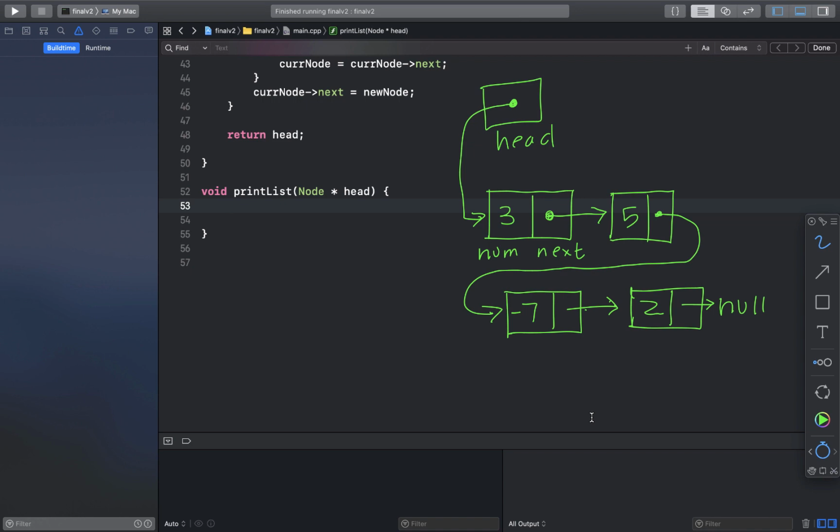Now that we can add nodes to our list, let's write a function to print the contents of our list. So I have the beginnings of a function called printList, which will be passed the pointer to the head of the list. So I'm going to go ahead and create another pointer